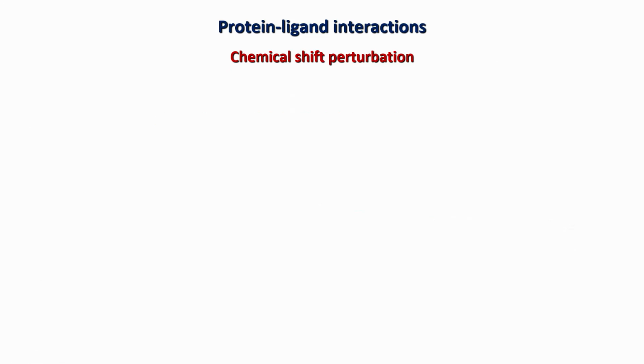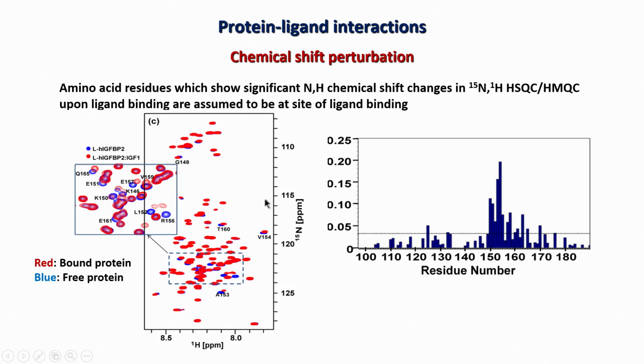How do we do that? So, we saw that you can have interaction with a specific set of residues on the interface, and that is now shown here. This is called a chemical shift perturbation plot. What is plotted on the y axis here is the amount of shift, that means how much shift has taken place for a given amino acid from the original free protein. What we do is we take a free protein and we add the ligand. Normally we do what is called titration. We slowly add ligand in a small amount, and as the reaction proceeds the binding takes place and we can monitor the chemical shift changes.